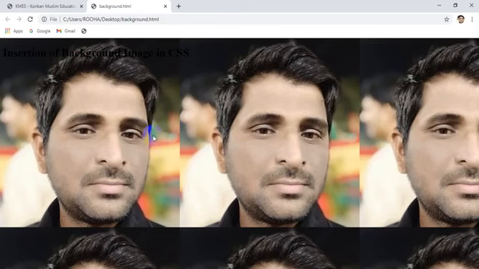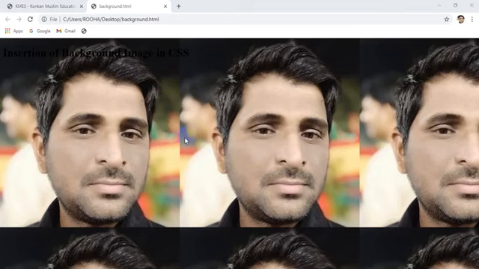And the main reason for repeating is the default CSS background repeat property. Why is your image repeating? Because the default background repeat property of CSS is repeat.